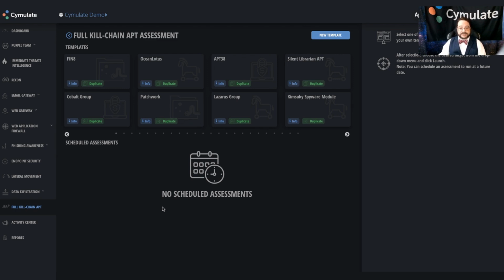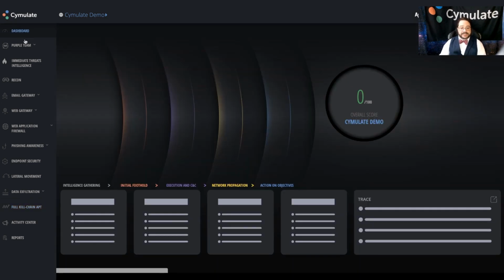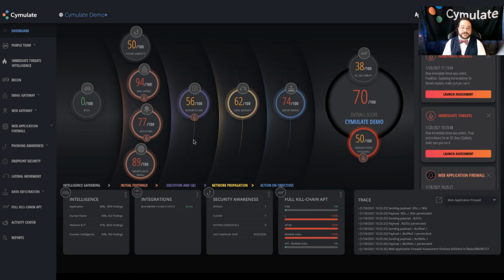The Cymulate system is also designed to help with non-technical reporting. So all the reporting that we've looked at is also available offline. It could be seen in PDF form as a document. It could be seen in a CSV form for easy import into tools like Excel or into a database, whatever is most convenient for you with all of the technical details and information. But when speaking with more business-focused decision makers, the technical details can become obfuscating. They can hide the important stuff. Back to the dashboard,